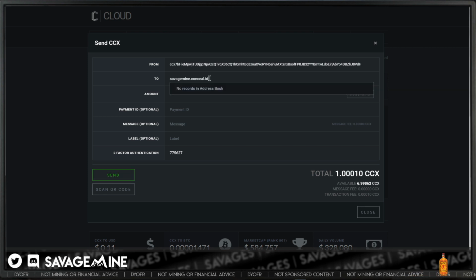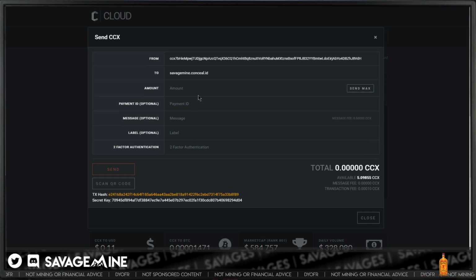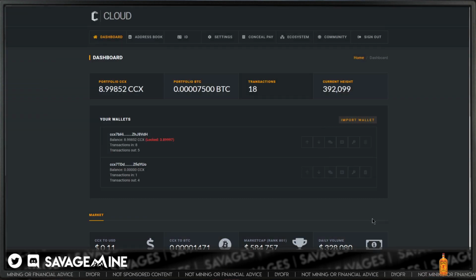And it was because this field up here was set to 64 characters minimum, right? So it's just a slight overlook of the team putting this thing together. So now we can click send. And that's basically sending to myself, which is okay. Close that. See how it says locked 3.8.